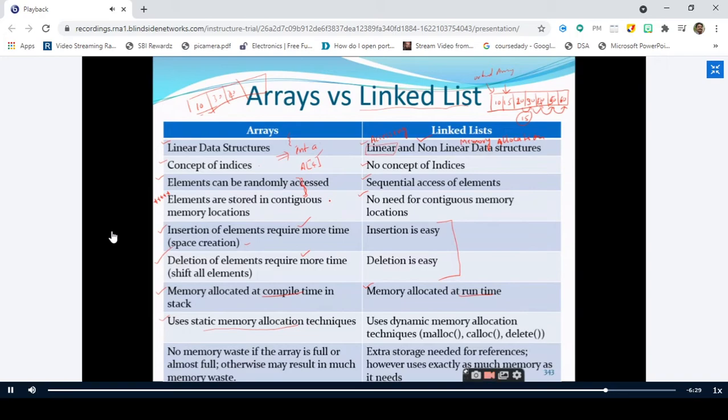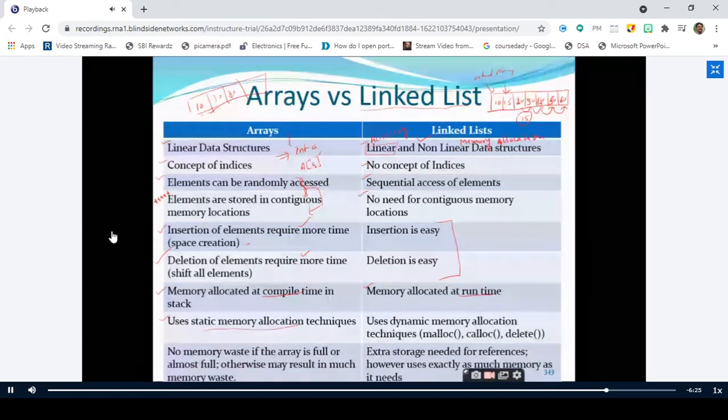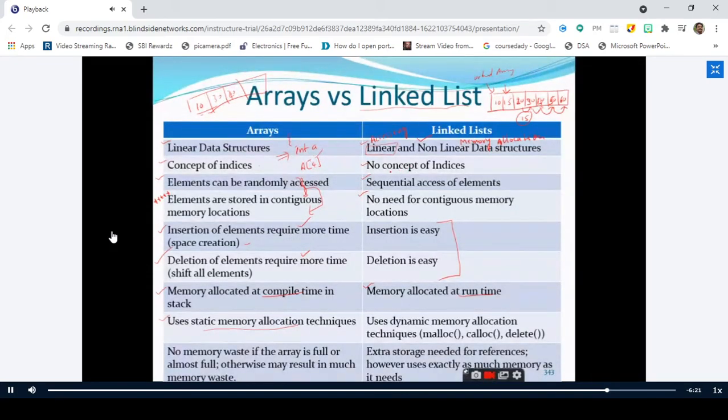The compiler. And when I come out of this function, who is going to deallocate the memory? The compiler itself. So the allocation and deallocation of memory in static memory allocation is taken care of by the compiler. The programmer does not have any responsibility of allocation and deallocation.